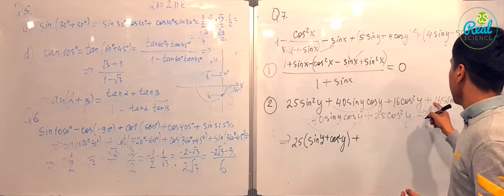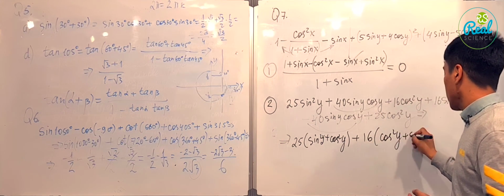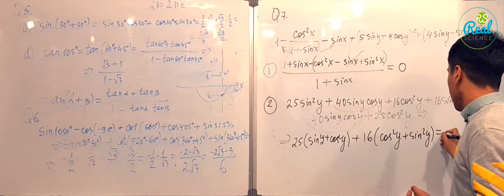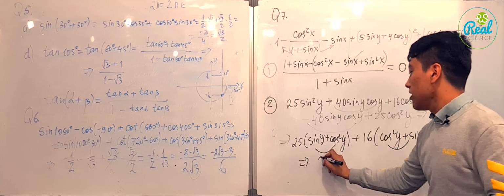And plus here 16, yeah? And sum of them is 1, 1. 25 times 1, plus 16 times 1,